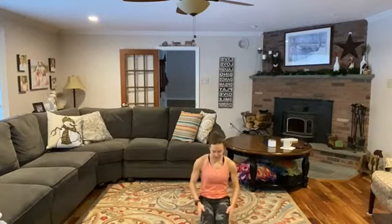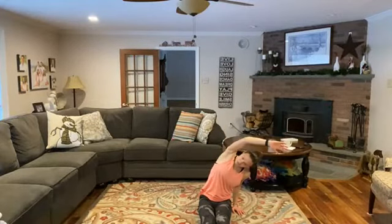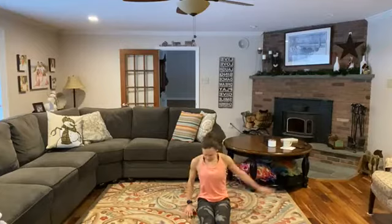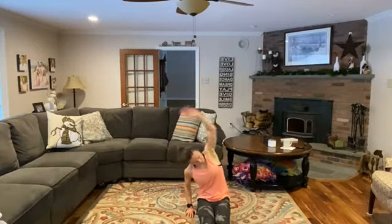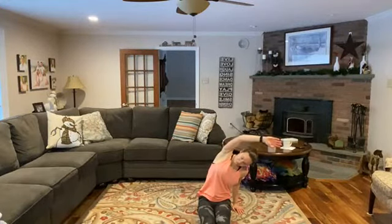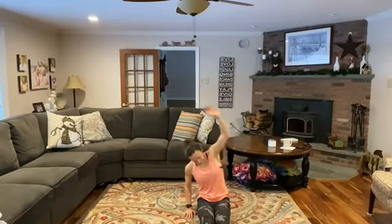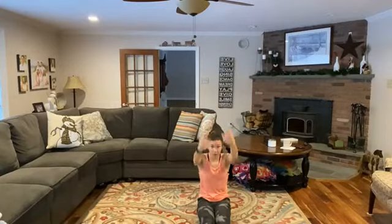We're going to do one last little stretch here on the ground. I want those legs extended nice and long. Sit up nice and tall here, feet flexed. All I want us to do is reach to one side again, a little torso stretch. Place that hand on the ground. Remember, use the core to bring yourself back up. I'm going to do two on each side. Then you're going to come back to the center and forward fold, reach for those